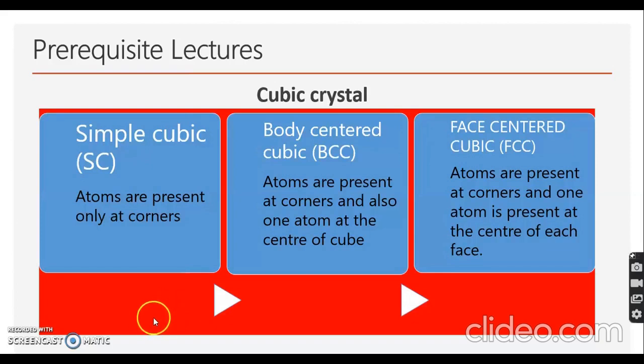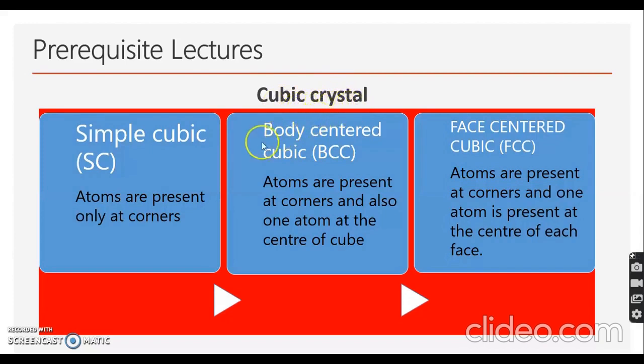Good morning, students. Today I'll be taking the prerequisite lectures for the foundation of cubic crystals, which is omitted in the syllabus right now because you have already covered it in the 12th standard. But before we go to the difficult structures like diamond, NaCl and HCP, I would like to remind you of certain parameters which are supposed to be recalled from the crystal foundation topics, just like cubic crystal. Cubic crystals we will be talking about in detail today.